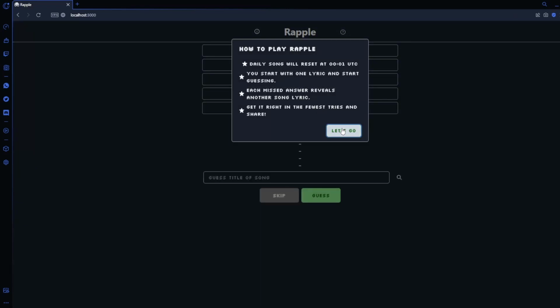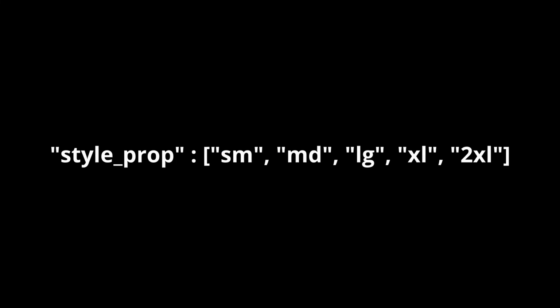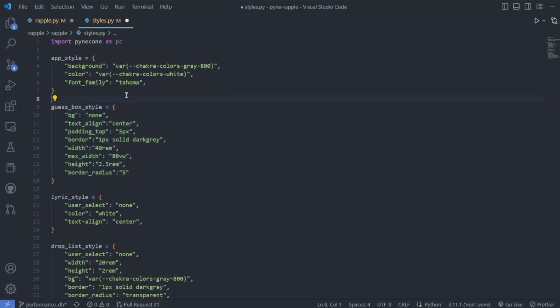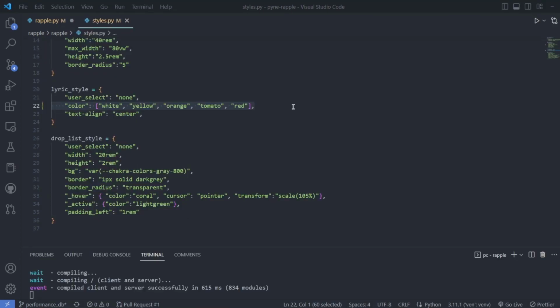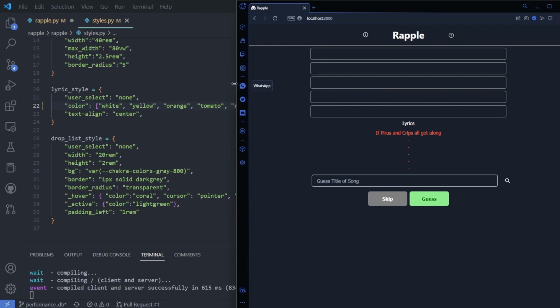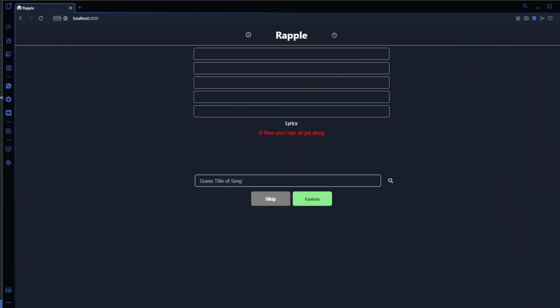Responsiveness is also simple to implement by adding an array of 5 elements corresponding to the default breakpoints of SM through 2XL. In RAPL, I manually handled responsiveness with this code, but here's some proof that the built-in responsiveness works well by adding various colors. So with these tools, your styling is really limited by your own